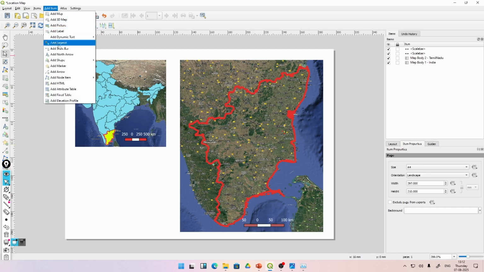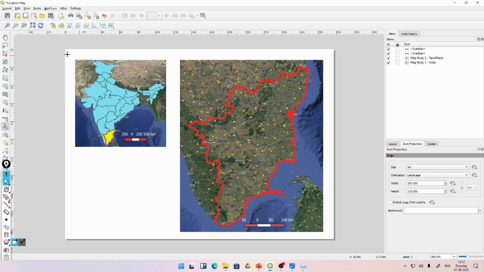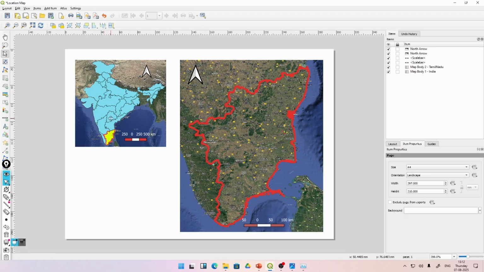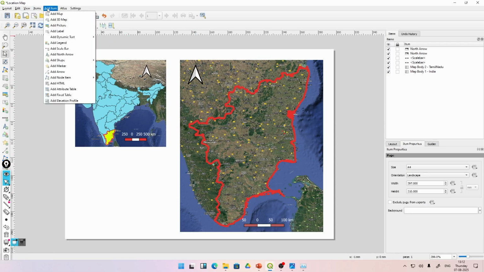Next, add item, add a north arrow. In the same way, you just drag and drop it here. For the north arrow I think you can copy paste, no issues in copy pasting the north arrow. Here I am making it slightly bigger. The next thing I want you to do is add an item called the title. For the title here we use add label only. So add label,